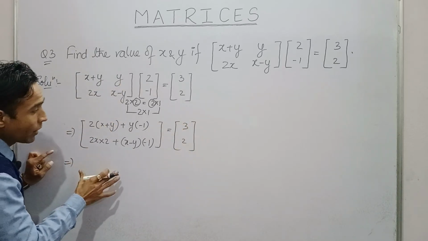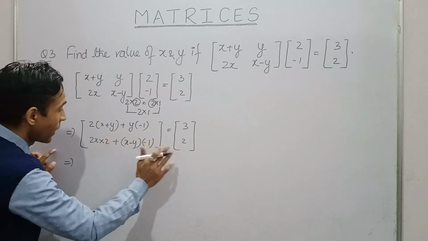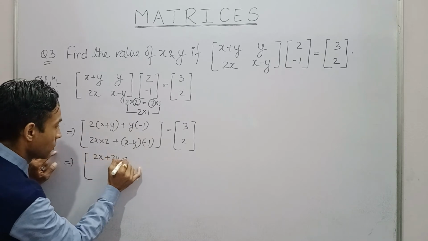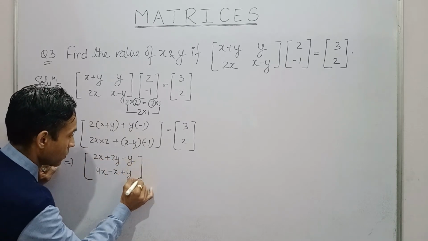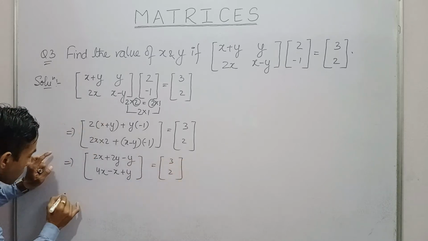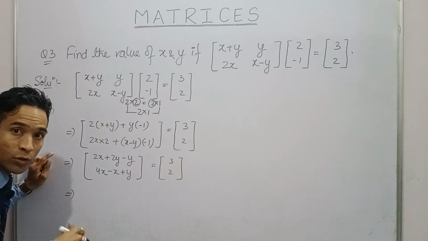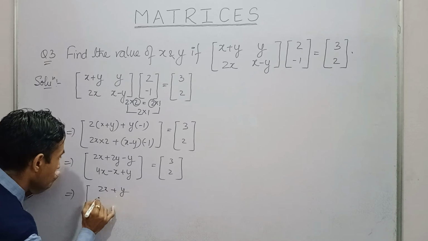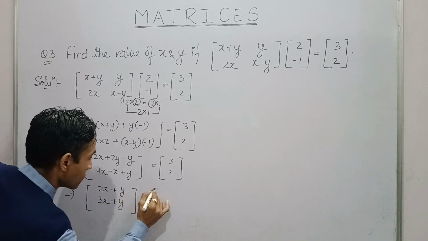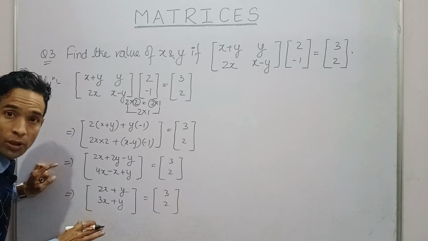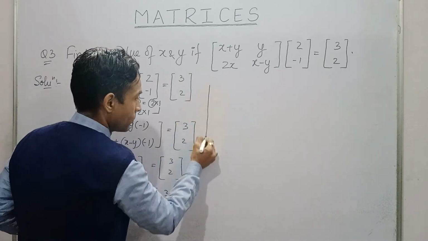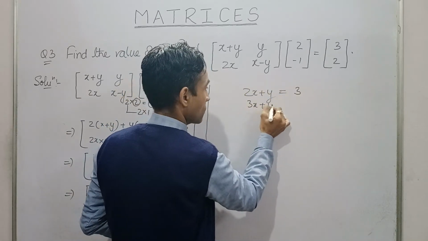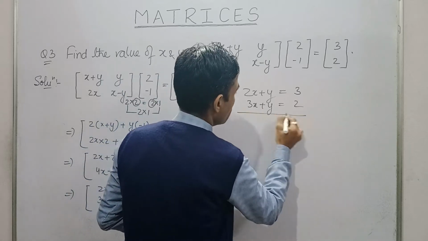In this, we have to equate the left hand side with the right hand side. So let's first of all solve the left hand side here. Solving this, we will get two linear equations which we will solve by elimination method. Equating the elements according to their positions on both sides, we will get, applying elimination method.